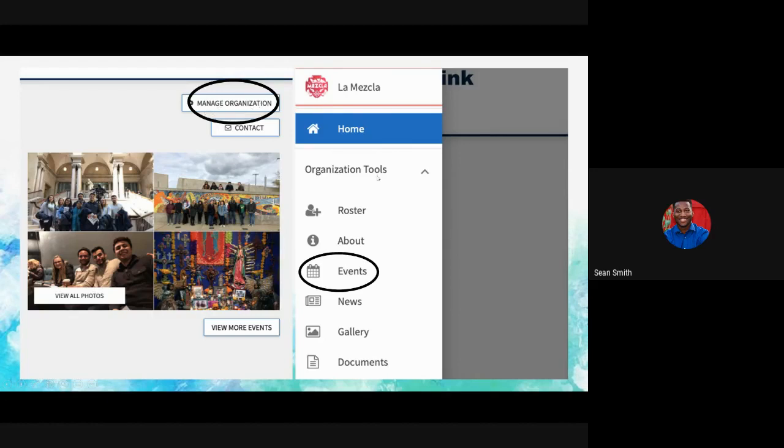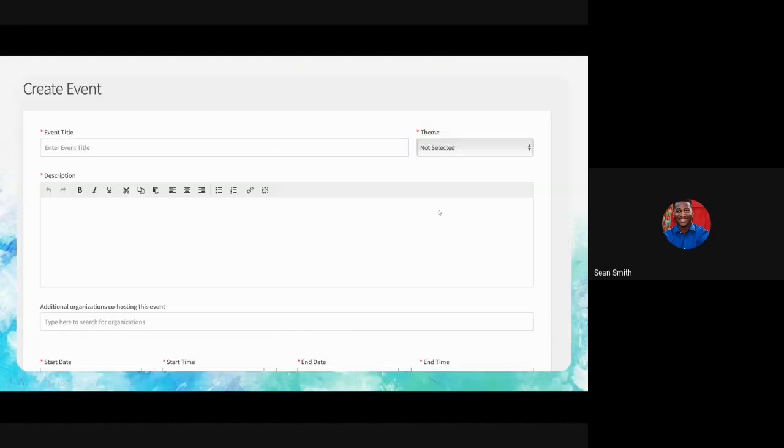Once you click this button, a drop-down menu slides out from the left side of the page. There will be an option for events. You would click on this, and then it'll take you to another page where you can click create an event, and then it'll take you to this page right here,